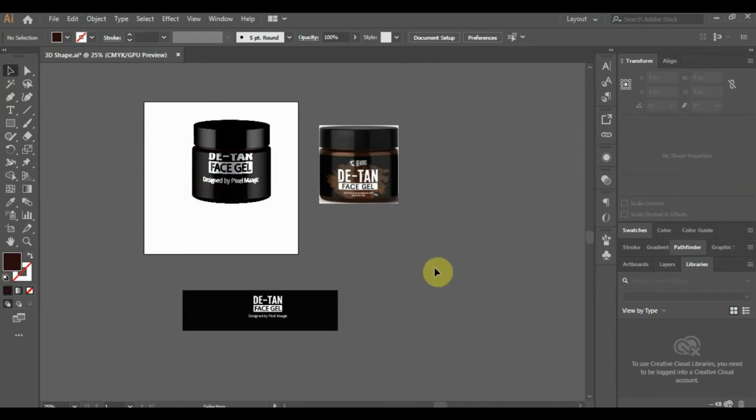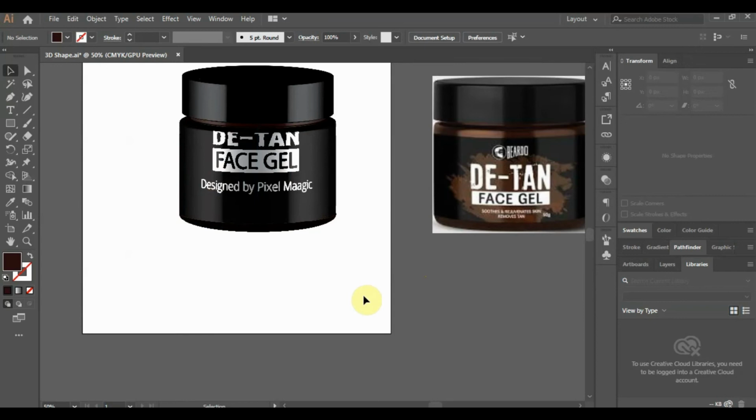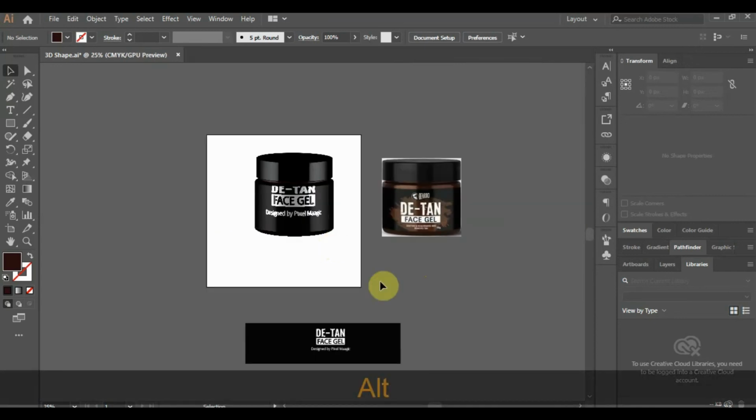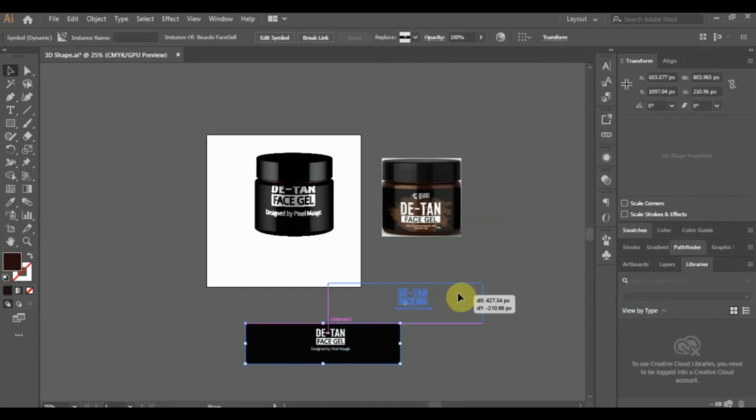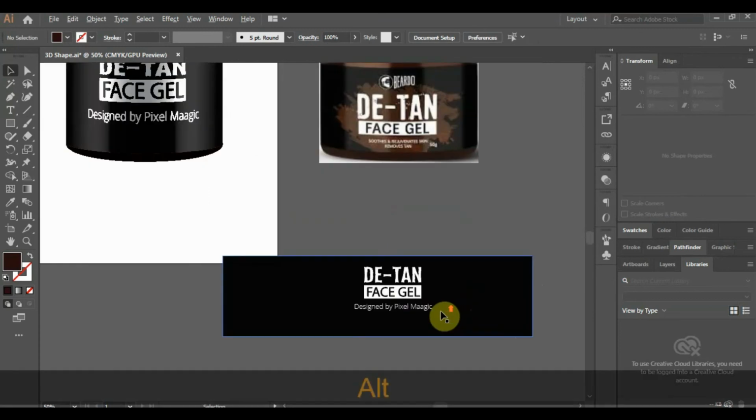Now you can see how it looks, but there are some glitches over there, because in the reference image there is some brown color theme after the label and on the bottom part also, but here it just targeted the whole bottle as black. So for that we have to add some more objects